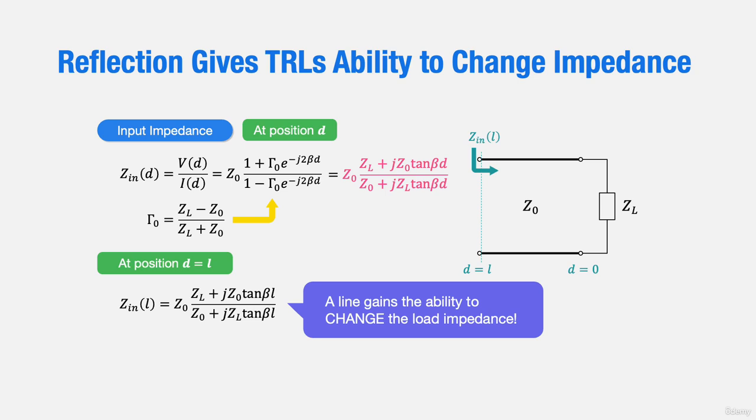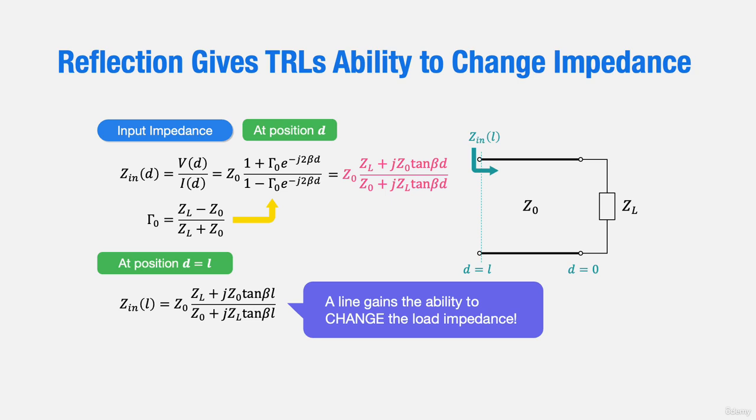We now understand that when we use a line with a different length, the load impedance at a certain operating frequency is converted to a new impedance. Alternatively, if we use a line of a fixed length, the input impedance experienced by the signal will vary depending